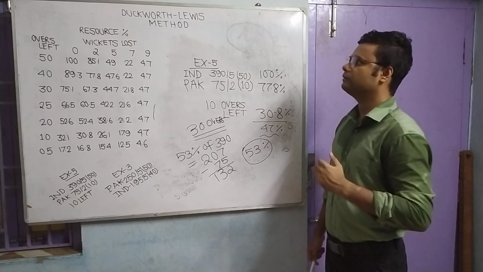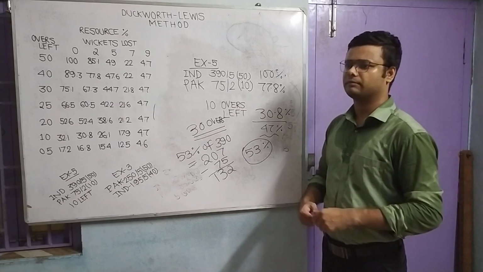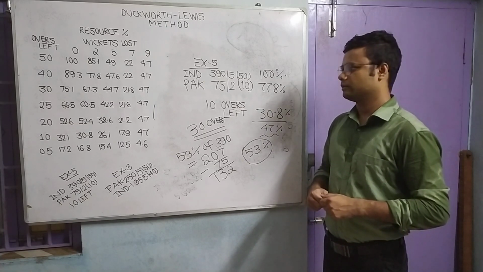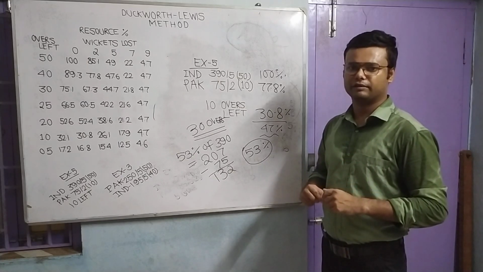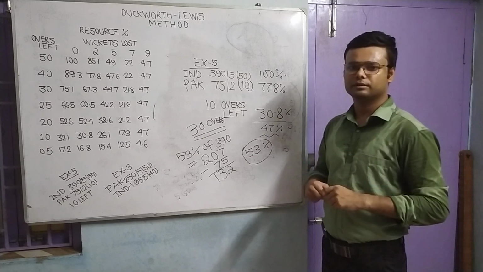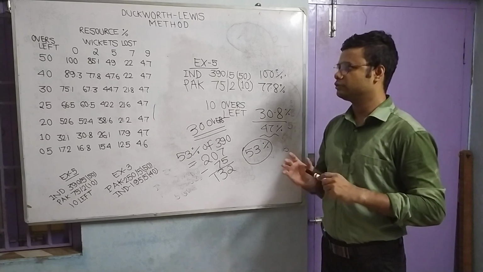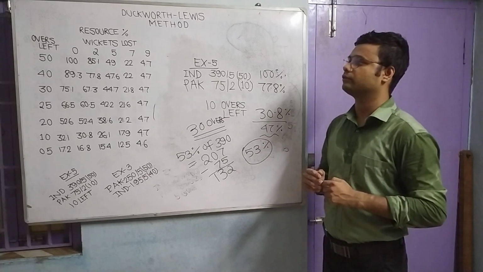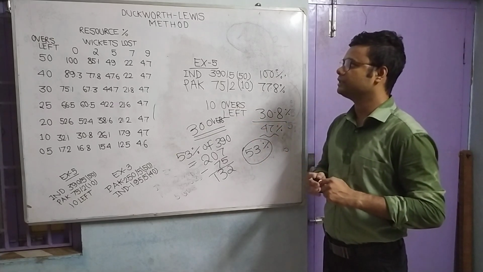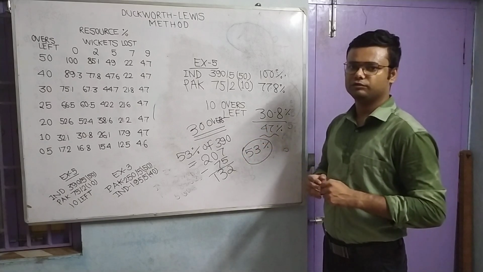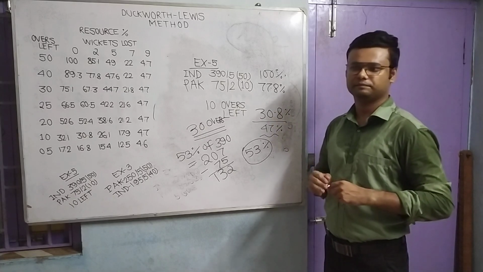So this is how the Duckworth-Lewis method works. Sometimes it gets weird, but sometimes it gets practical to give justice to the teams, because in a rain affected game the two teams have limited defined resources. So on the basis of resources, which is a combination of overs left and wickets lost, a revised target is set. So you can see I have explained the Duckworth-Lewis method using some handy examples.